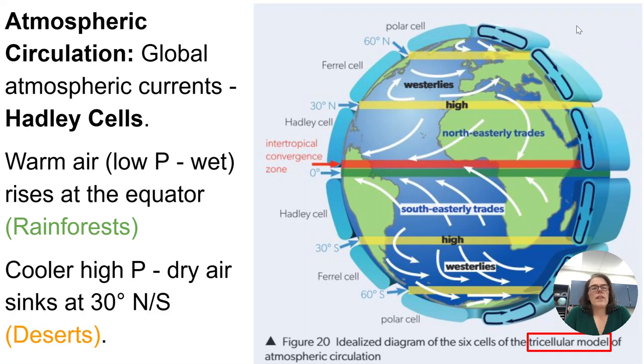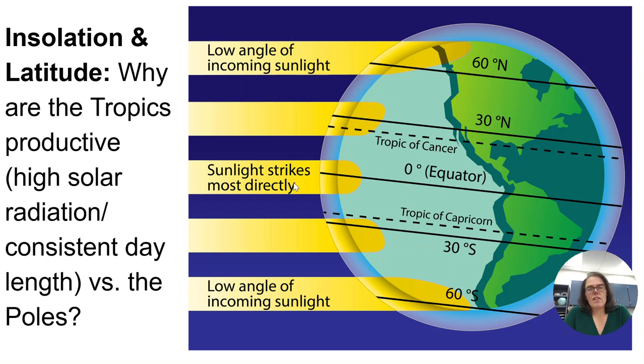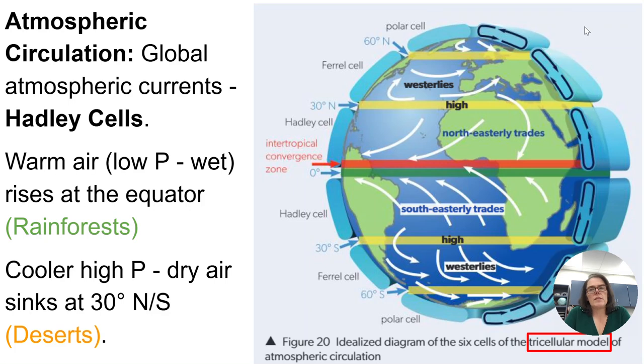All right, so that's great. We have different amounts of sunlight energy, or insolation, entering the atmosphere from the equator to the poles. That's differential heating of the atmosphere. How are we getting to biomes? Well, let's look at the second point, atmospheric circulation. Because we have that differential heating, we're heating the atmosphere differently. That leads to global winds.